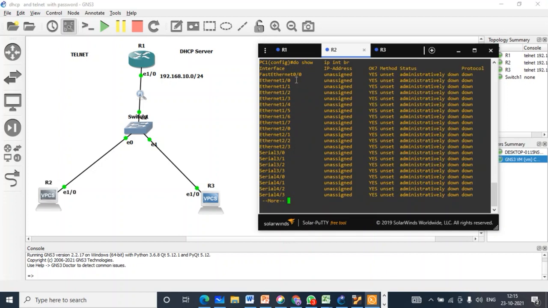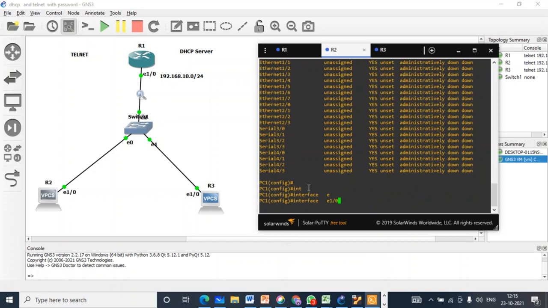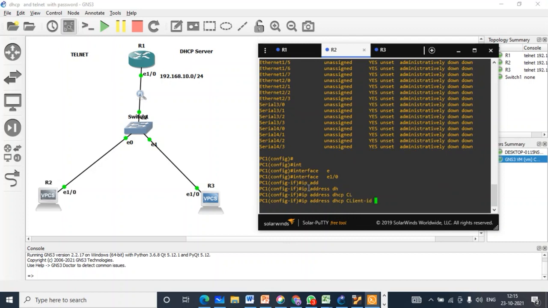Okay, so right now as you can see over here, the method on Ethernet 1/0 is not set, right? Even the IP address method is also not set. So what I'm going to do, on that interface, that is Ethernet 1/0, I'm going to set the mode to IP address DHCP client ID. Which one is the client ID? That interface, which means on this interface we are going to provide the automatic IP address. So which interface? Interface Ethernet 1/0,